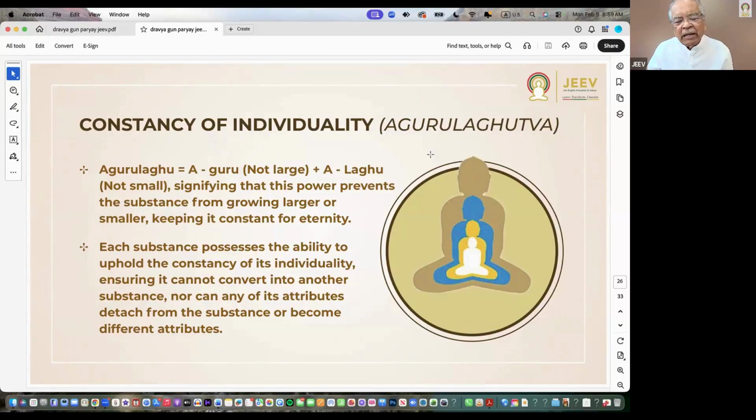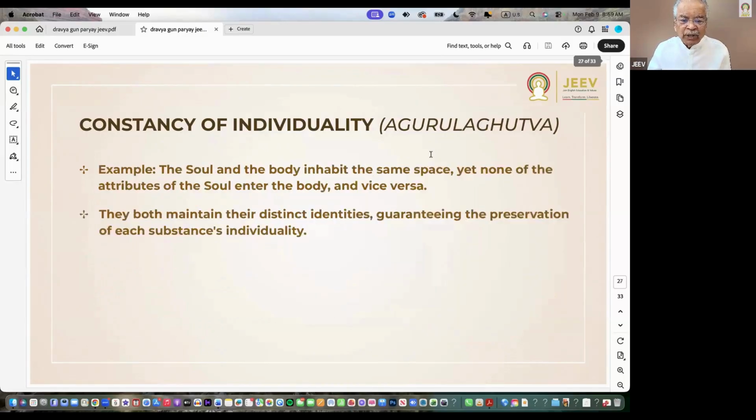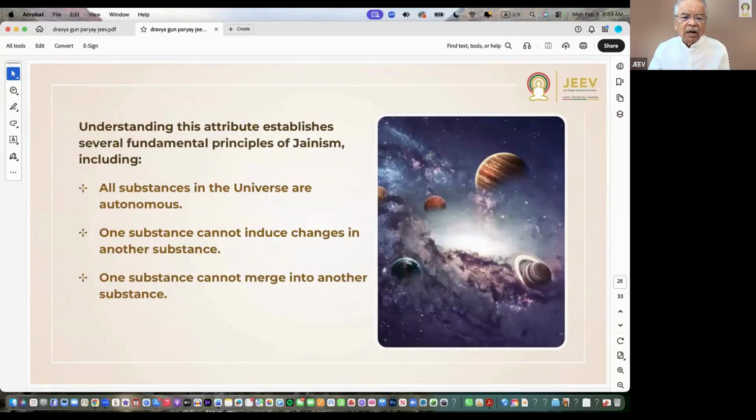No outside attribute can come in. I mean, matter attributes cannot come to the soul, and soul attributes cannot go to matter. Vice versa, all those things happen, and so I maintain my individuality. And the last one coming is